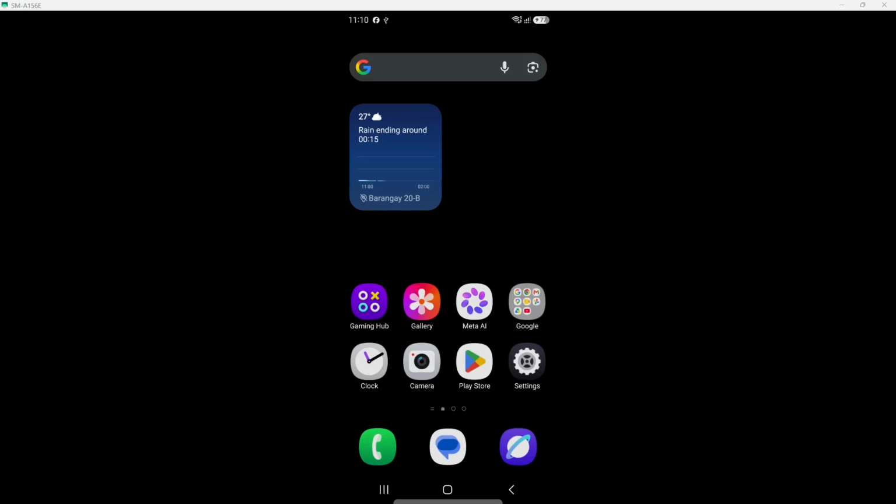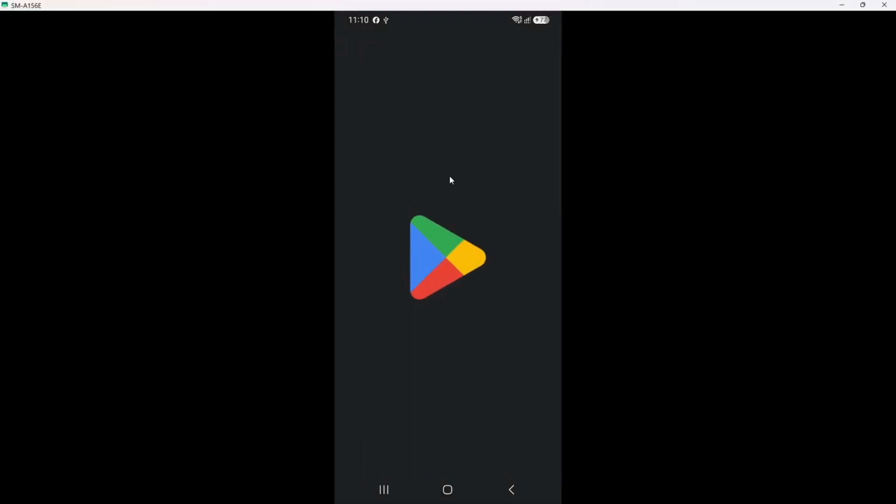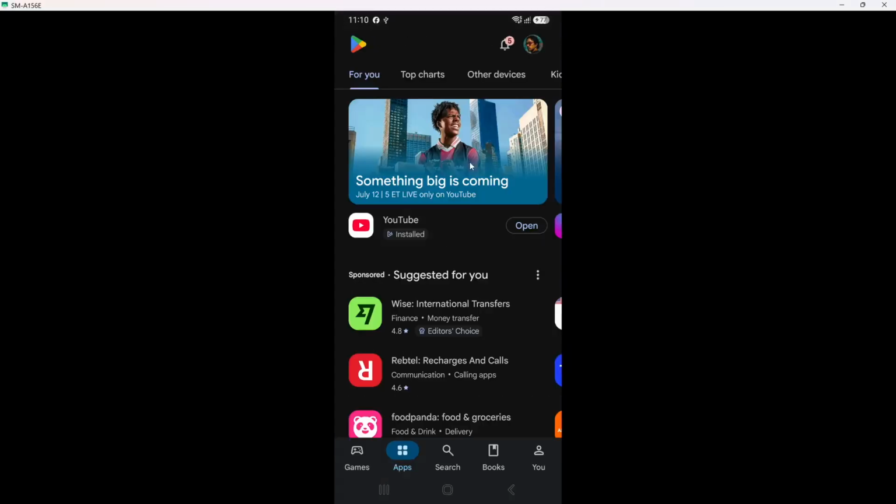In today's video, I'm going to teach you how to download X, Twitter. First, let's begin by opening the Google Play Store. When you look at your Android device, find the familiar icon that looks like a shopping bag with a play button inside it. This is your gateway to countless apps.